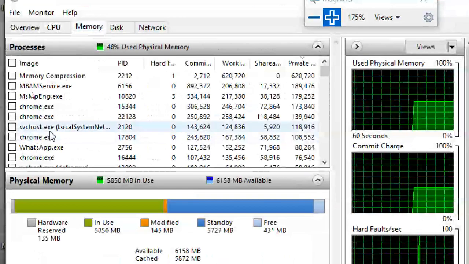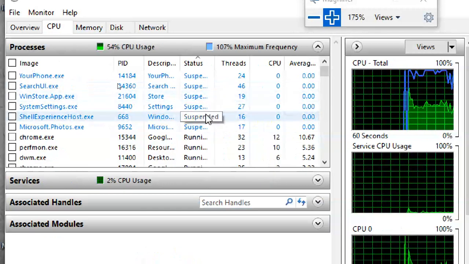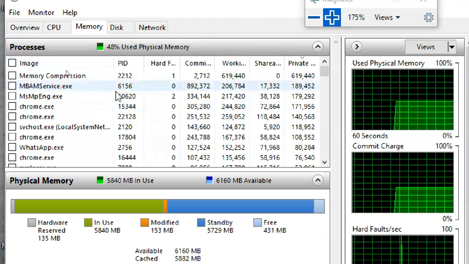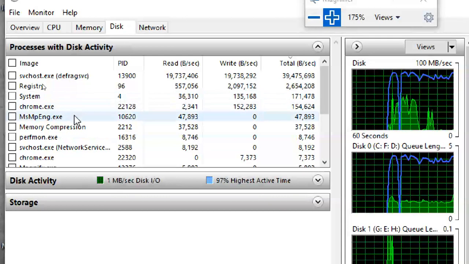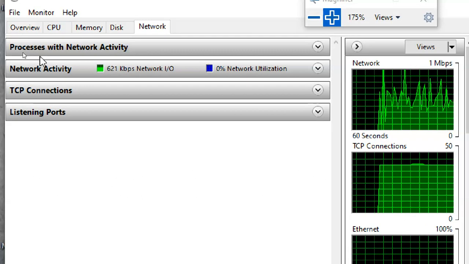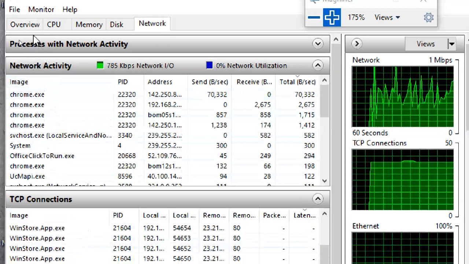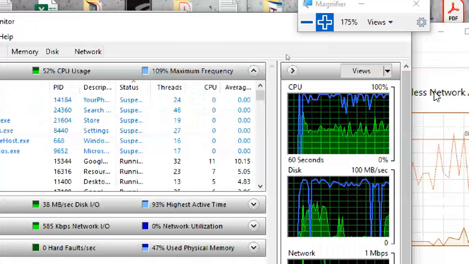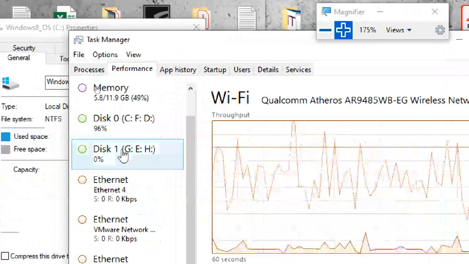Memory, what process is utilizing how much memory here, and how much CPU it is utilizing, and their process-related information. Disk and process-related information, network and process information here. Okay, this is an overview of things.